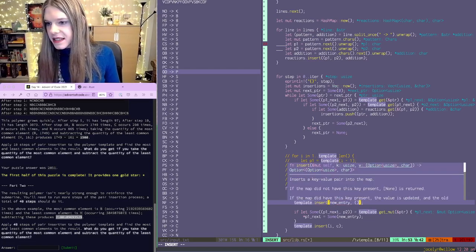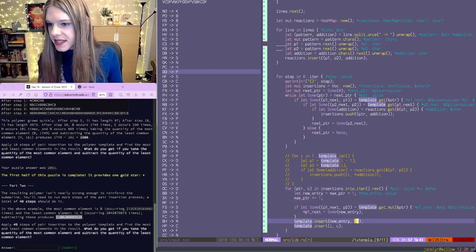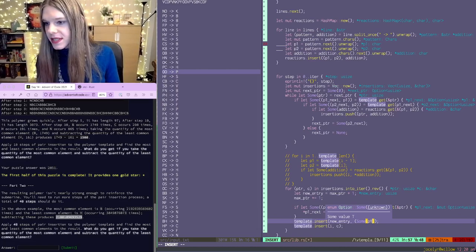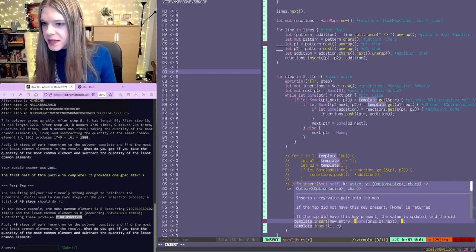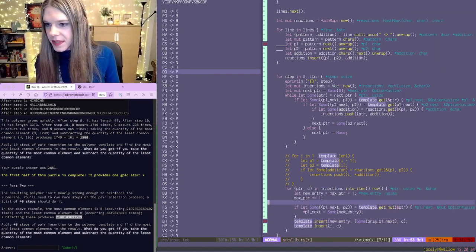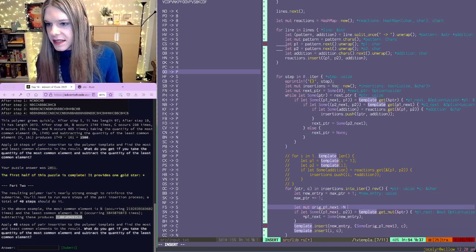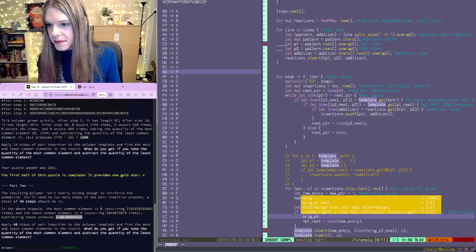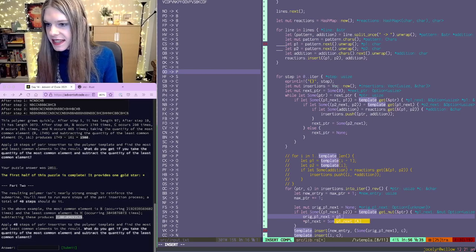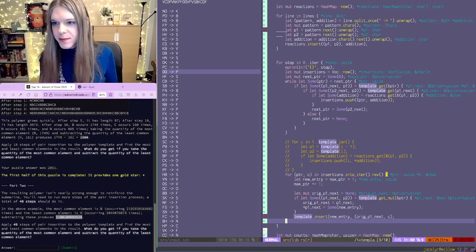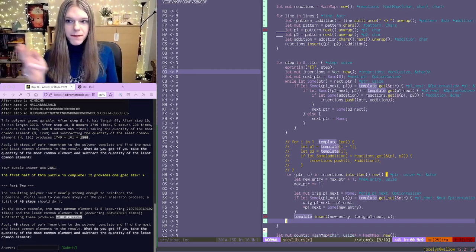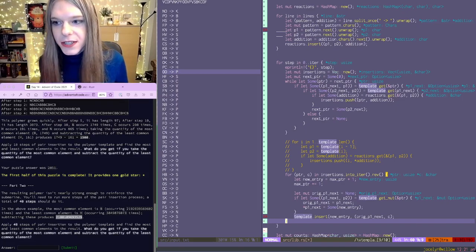and this is going to be some. It's going to be orig p1 next. And then it's going to be the character, which is just the, and then we can actually get rid of this some because that's actually an option. It's always going to be some, but that's aside the point. Okay, so we changed the one before what we're inserting to point to that, and then the thing that we're inserting points to the next one. The next one does not need to be changed. It looks like